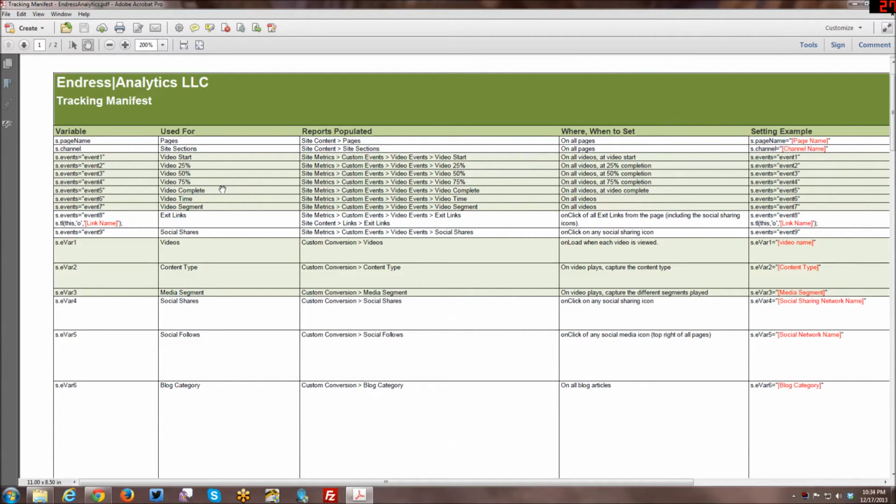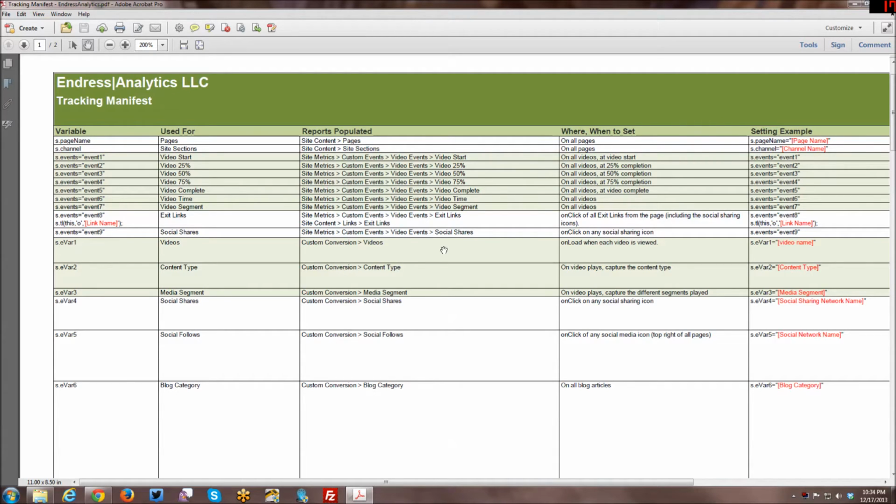I actually will refer to this information as well. Reports populated, so this actually will be informational not only to myself but any future analysts who come along, consultants that are hired, that kind of thing. So if I'm doing this for a client, not just for myself, once my engagement of the project is over with, there is this document that lives, and any future analysts who